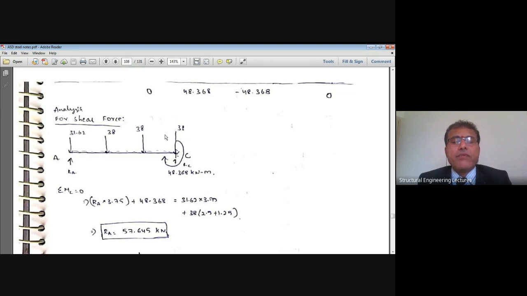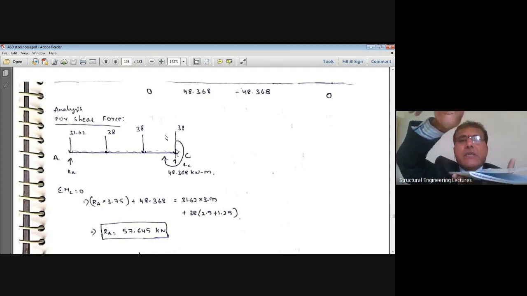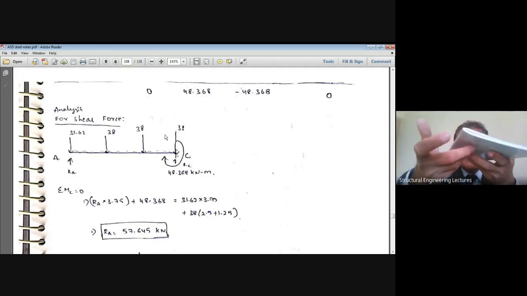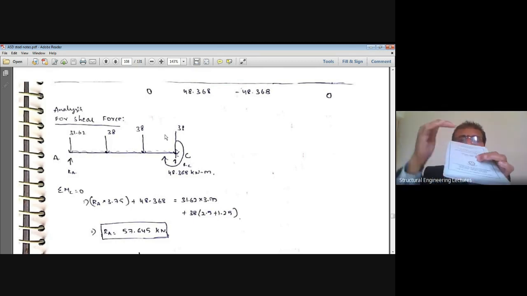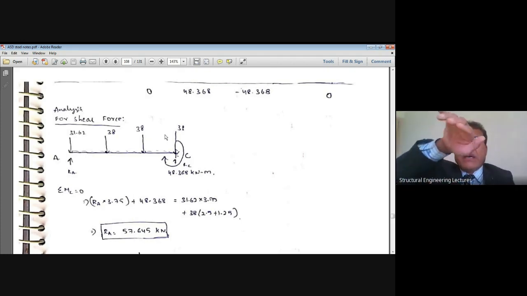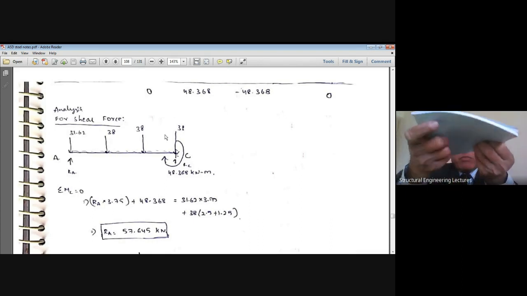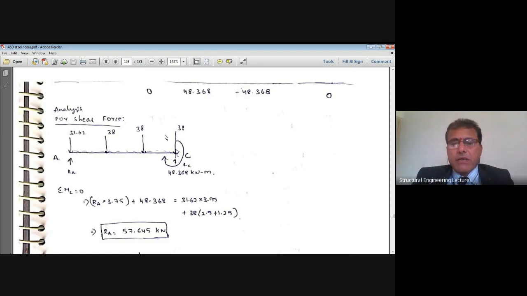Just now we have found that because of the applied loads the bending moment is in the downward direction. Hence the resisting moment will be in the opposite direction, right? These 38 kilonewton loads are trying to bend the beam downward. Hence the resistance at the support will be in the opposite direction so that the body is in equilibrium. Hence, I need to show that in the clockwise direction. Actual deflections are in the anti-clockwise direction.